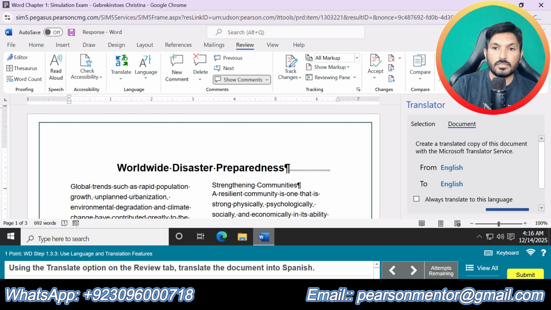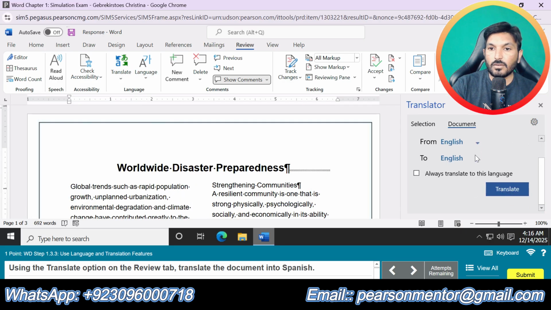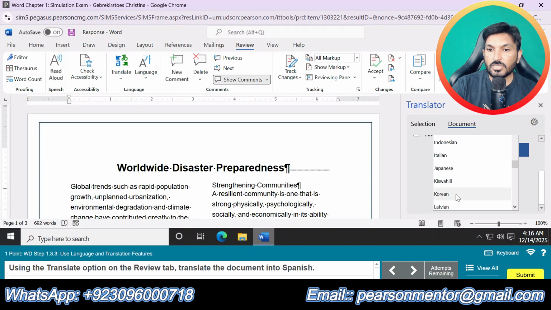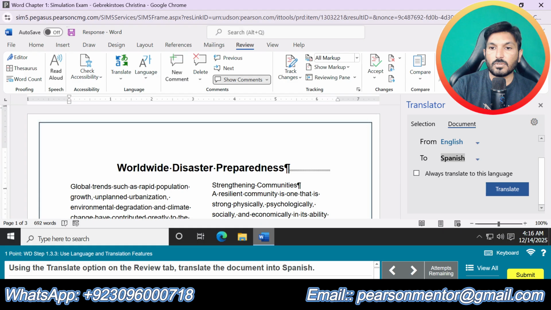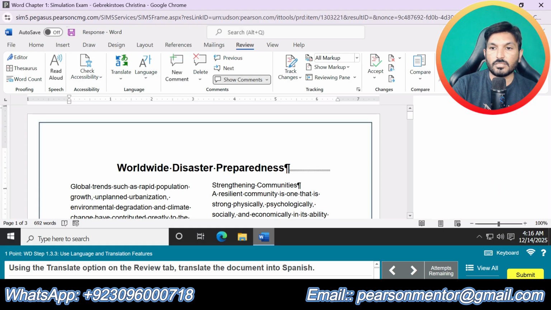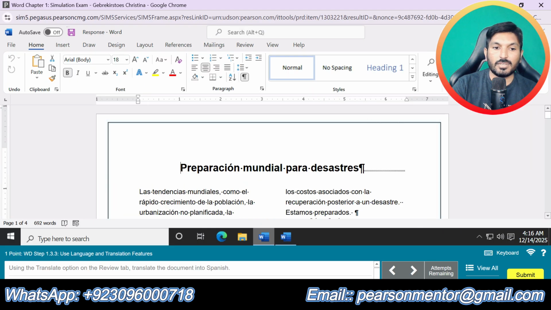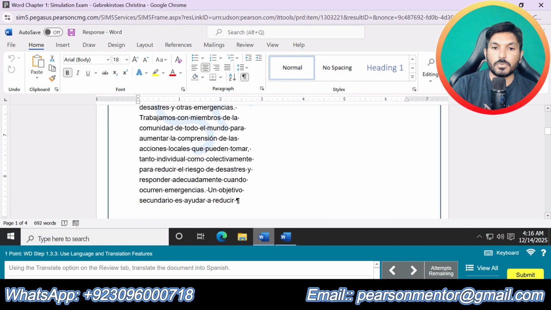Translate document, and from here, from English to Spanish. Where is Spanish? This one. Okay, translate this.